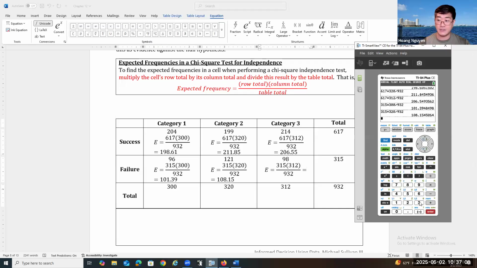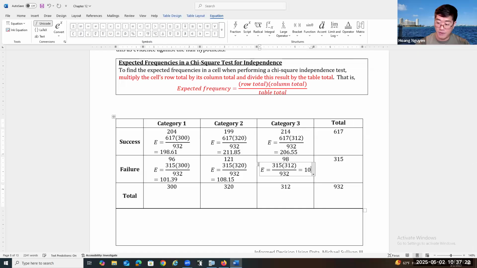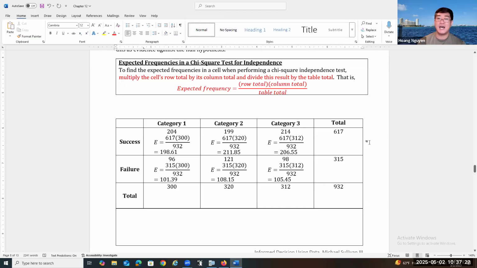So 315 times 312 divided by 932. That's going to be 105.45. Okay, so that's how we're using the formula to calculate expected frequency for each of the cells in this